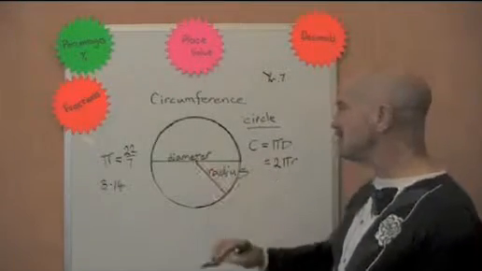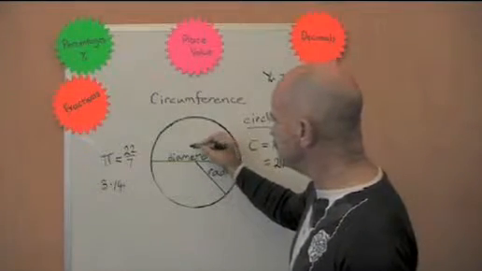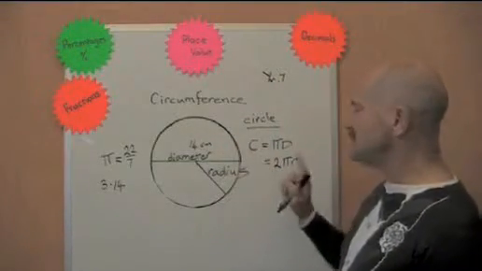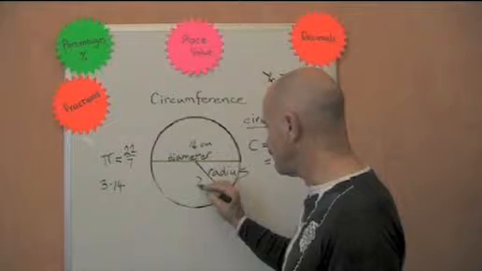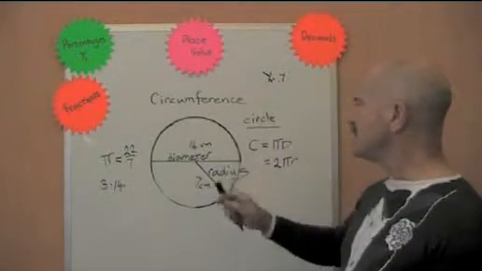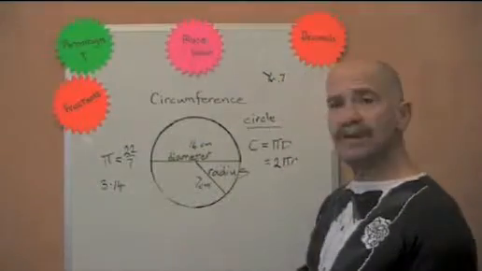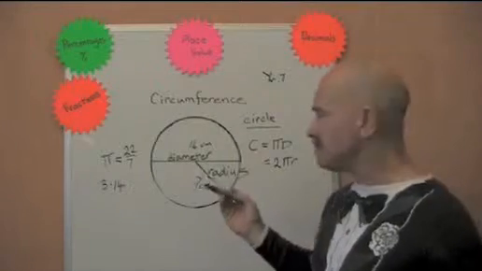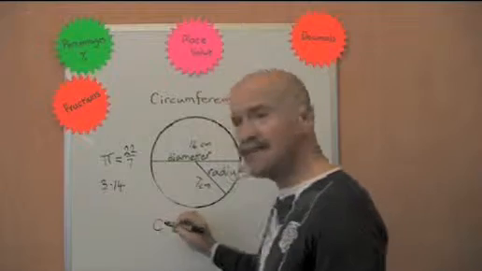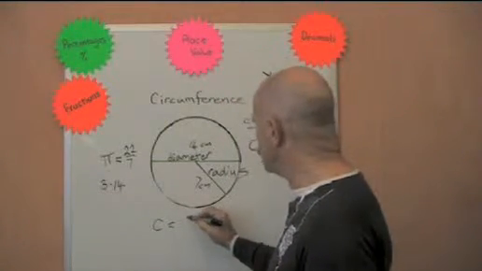If you were told that the diameter was, say, 14 centimetres, then the radius would be 7 centimetres, because it's half. And if you wanted to work out the circumference of that circle, and you wanted to use 22/7, because the teacher usually tells you what to use for pi, you would say C equals, well,